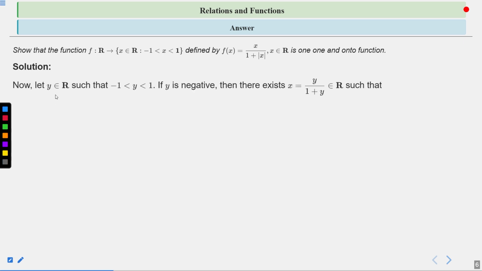Now, let y belong to the reals, such that we will see whether codomain is equal to range or not. So, let us assume first codomain is equal to range. For y belongs to real, such that y is from -1 to 1. If y is negative, then there exists x, which is x is equal to y upon 1 plus y. Why? When y is negative, see,